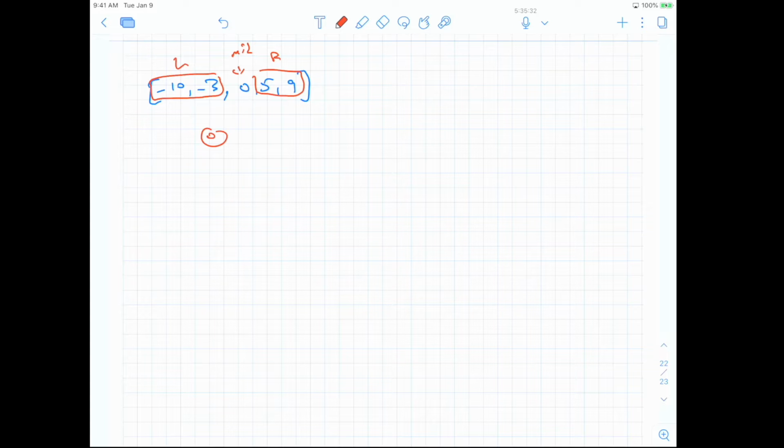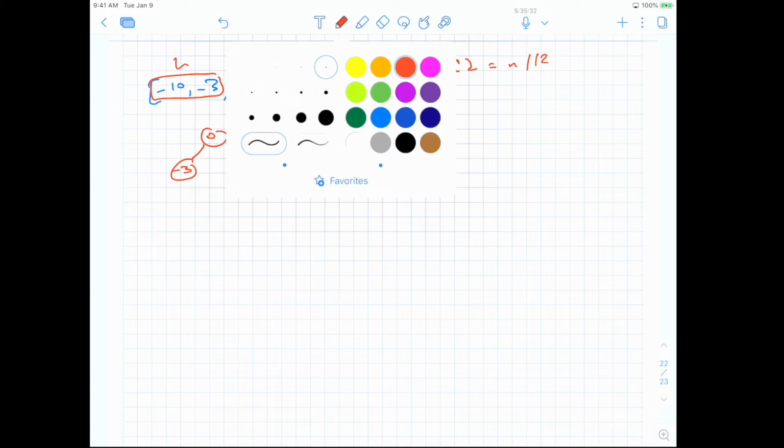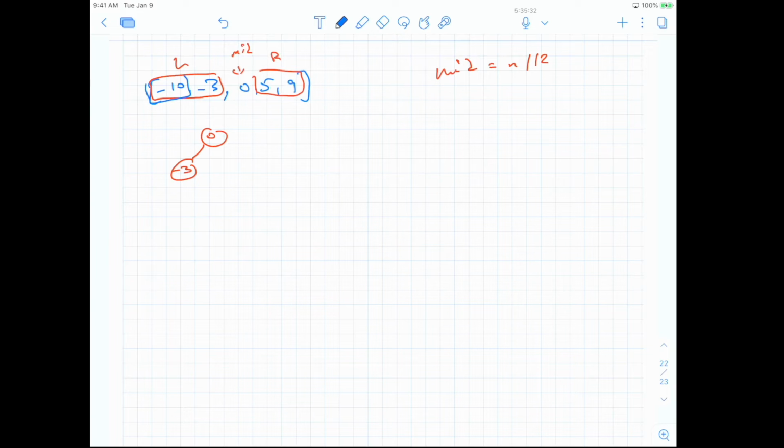Okay? And so here we would pick the mid again. Since it's two elements, it doesn't matter which one you pick. So the middle, to calculate it, is just the length of whatever array input we have. So in this case, it's just 2 divided by 2, so it would be 1. So we would choose, let's say, -3. So we'd make that the root, and then on the left side would be this, and the right side would